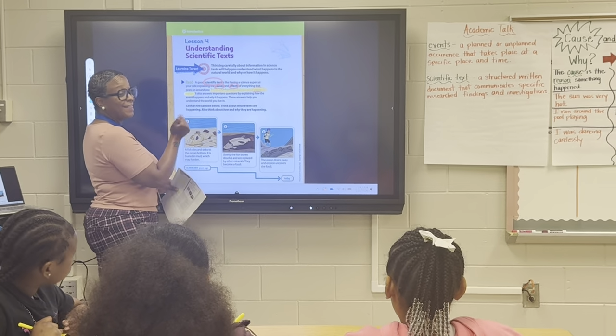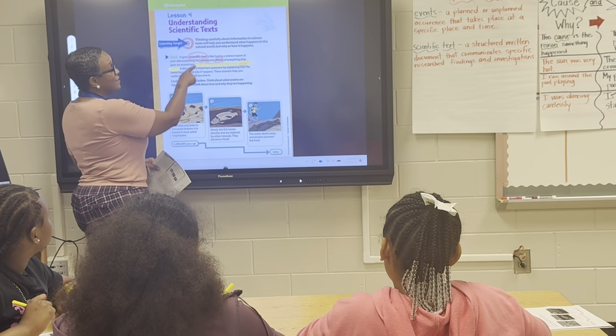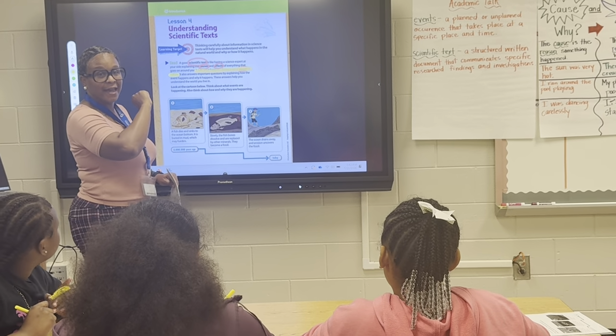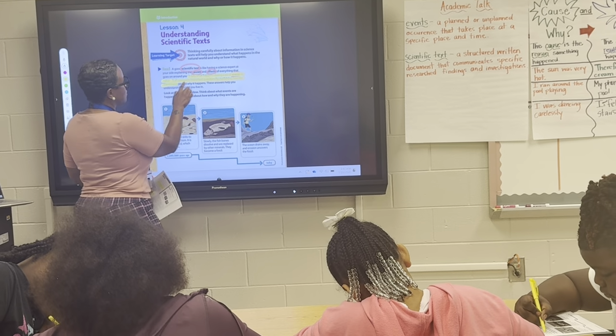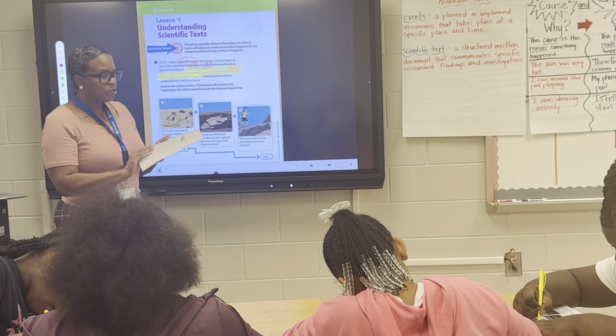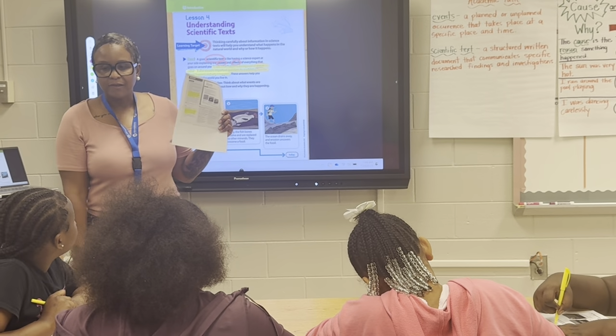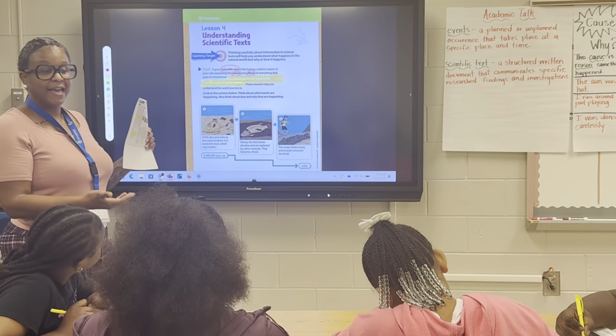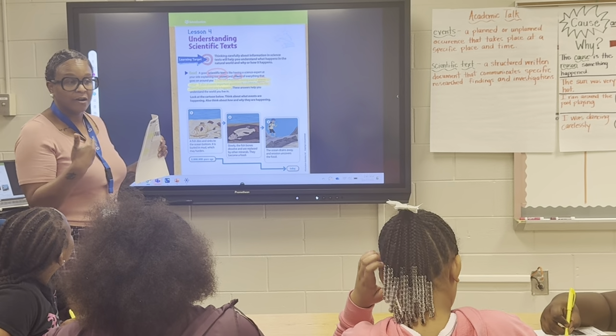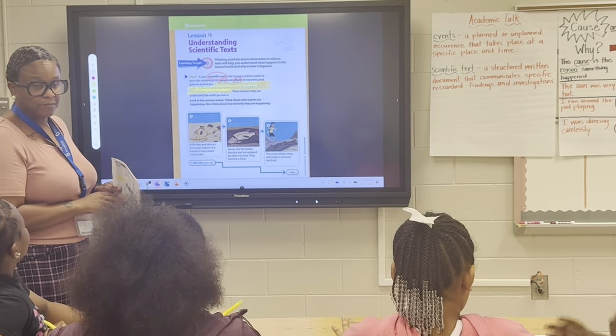I got another one to highlight. Cause and effect. We already did the effect, so which one am I highlighting next? The cause. It also answers important questions on how it happens. I want you to see that Miss Badger also highlights as she's teaching. So as you're annotating, I too annotate to make sure that I'm pulling out the information, okay?